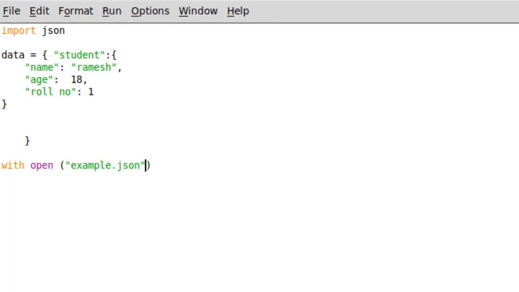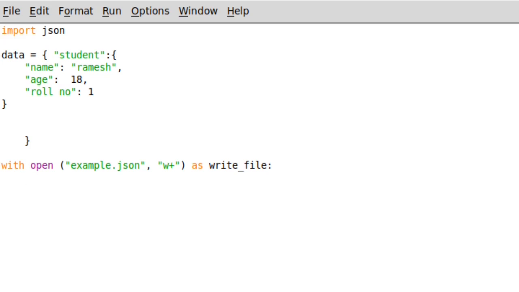And then we need to write into a file, so we'll write w, and if the file is not there and you want to dump that data, so we'll write w plus, as write file. We are writing a file followed by colon, and then we'll dump that data.